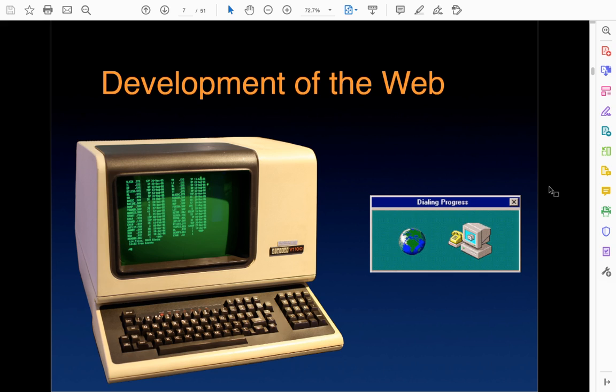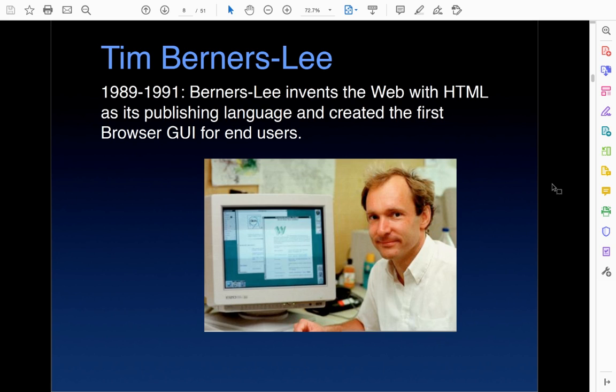So we have these everyday computers for people, and we're getting to the point where we can link them together and they can communicate one with another. But the common user, you or I, aren't able to do this quite yet. So that happens, and when it does, it's called the World Wide Web. So let's talk about how that got started.